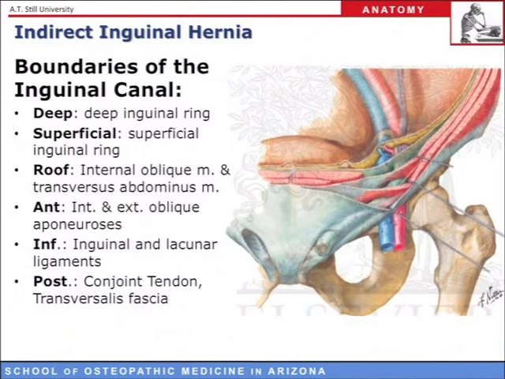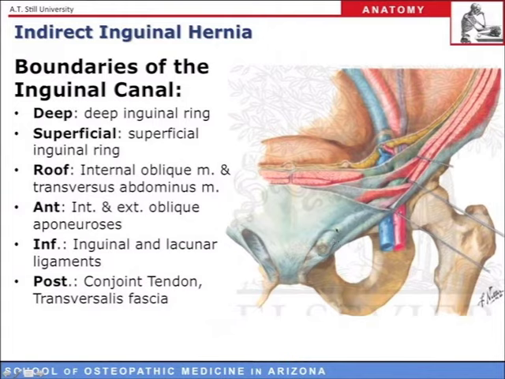So with an inguinal canal, of course, I said that it's going to have an opening on two ends, and that would be the superficial and deep inguinal ring. So that part's easy. The deep boundary of the inguinal canal would be the deep inguinal ring, which we see right here poking through the transversalis fascia, and the superficial border of the inguinal canal would be right here, the superficial inguinal ring.